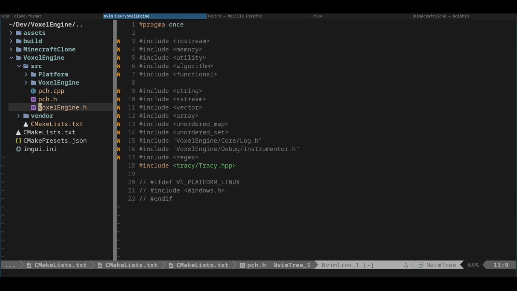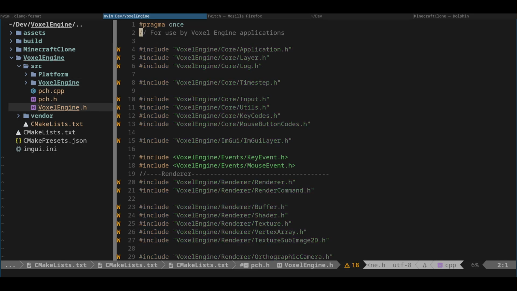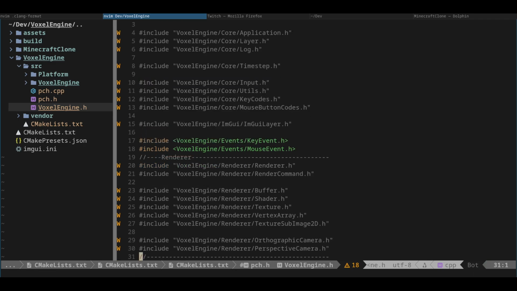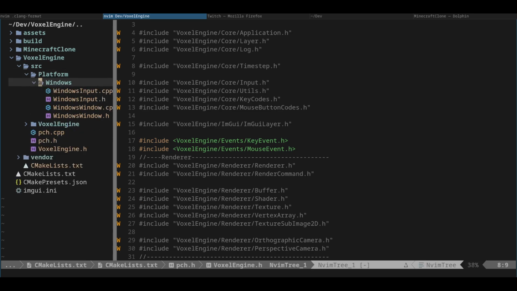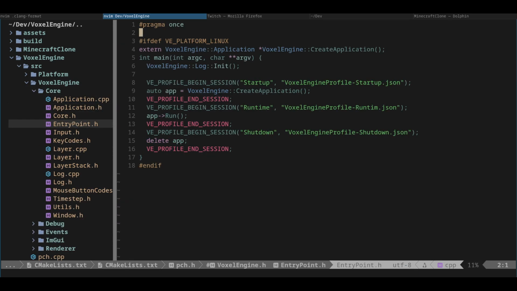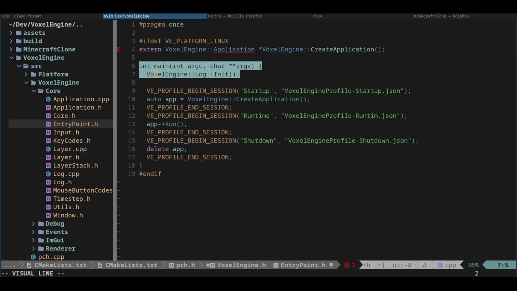And my Minecraft clone, I think, just includes this voxel engine header file, which has all the different includes from the engine itself. So it's much cleaner and organized. And it also includes this entry point. The cool thing is that the main function is